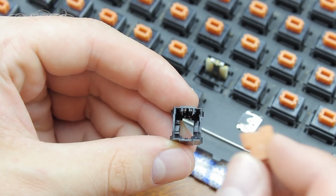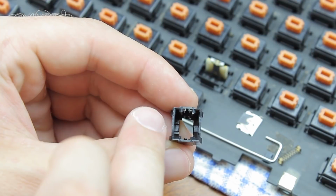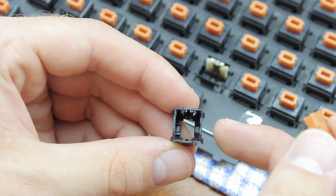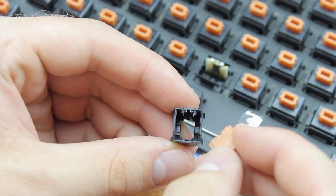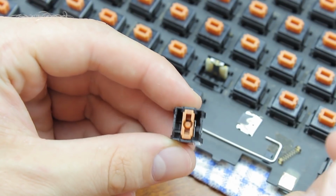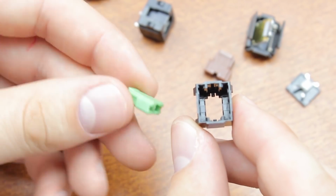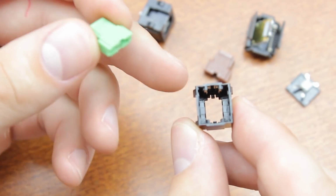To do this, first stick the slider in the top housing. Most housings have two pips on one side, which is the side that the tactile leaf goes into, and a flatter side, which is where the switch plate goes. The slider usually has a notch on one side. This side always faces the switch plate, so in this case it would go in like this. Very old models such as SKCL Green have a smaller notch on both sides,